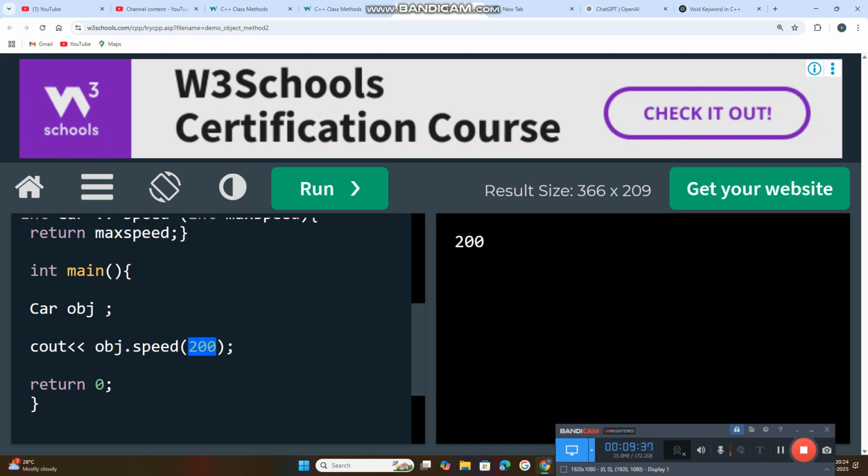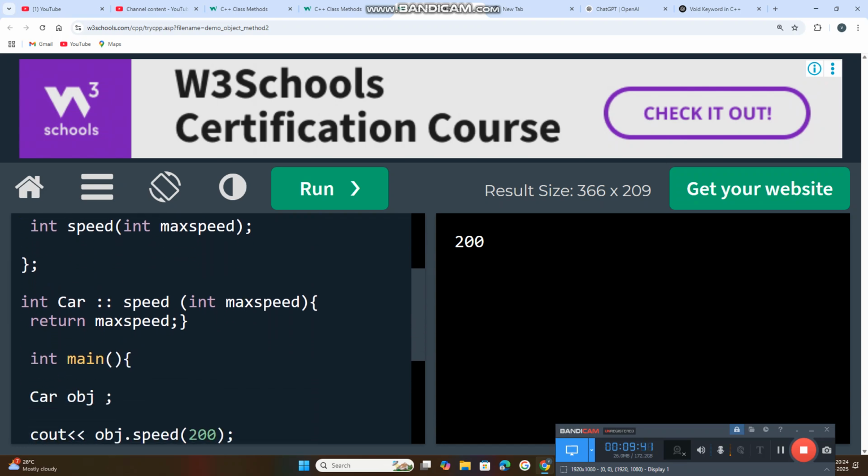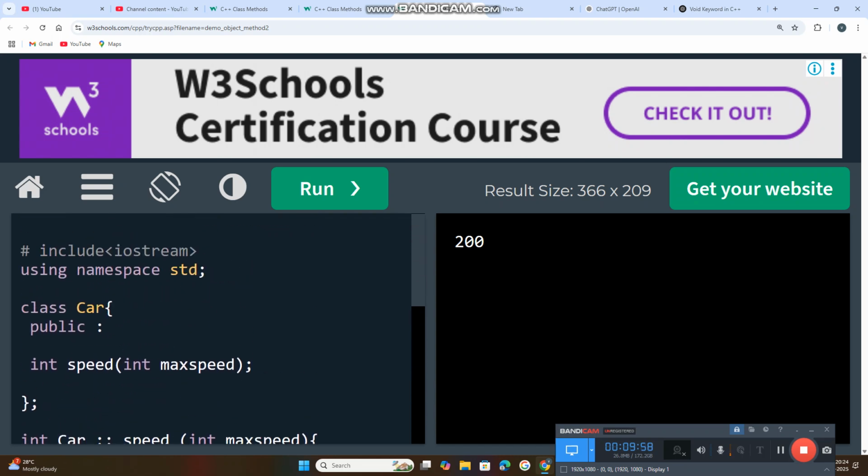This is the value which is passed for this max speed parameter. Whenever a variable is declared in a method, it is called a parameter for that method, and at the time of calling the method we need to pass the value as an argument. Return 0 is very important because it indicates that the method is closed, and after that there are no more statements. We can pass values to the